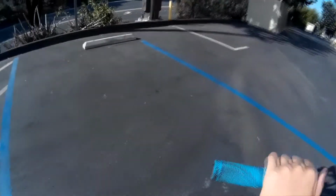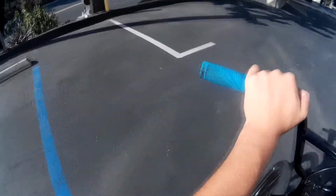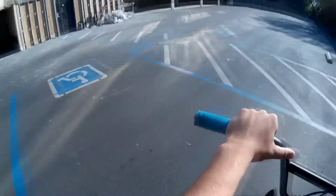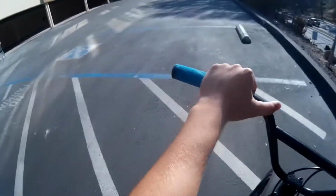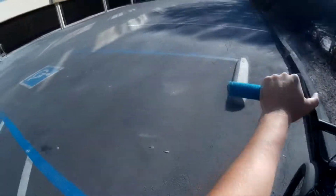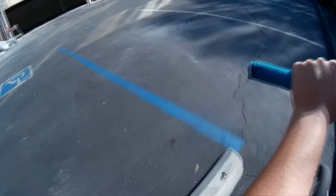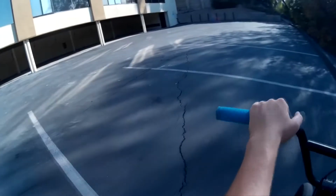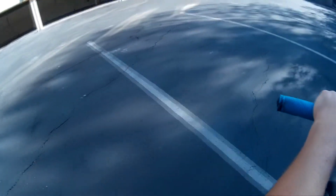Alright, I know I say this a lot in my videos, but if you guys have a parking spot, or if you guys can get to a spot like this where you have painted lines, it'll help you so much, because people say use the cracks in the pavement and stuff, but if you're a beginner, it's not the best to go over a crack in the cement, because you might fear leaning back, hitting your head